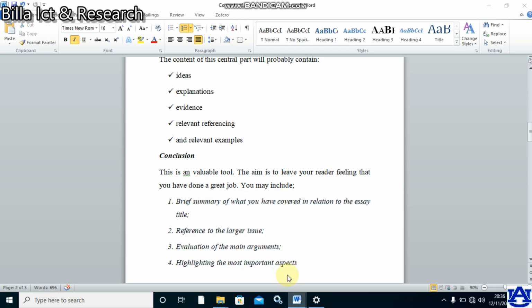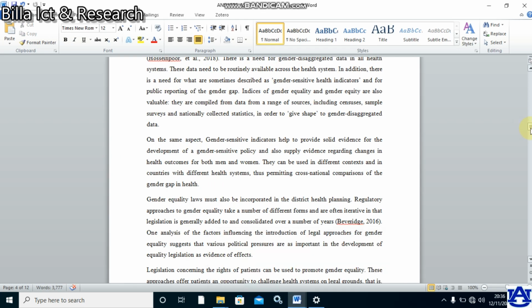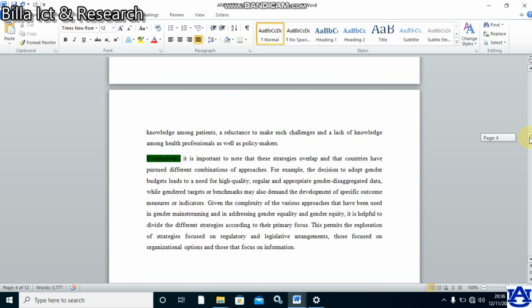Let's see whether this particular author looked at it. Yes, the author actually has a conclusion, and as already pointed out, it doesn't have to have a heading saying this is the conclusion. So to make it look more flowing, he says, conclusively, it is important to note that the strategies, but I would say he would have come up with a summary of these approaches or strategies and highlighted the most important arguments against these ones before